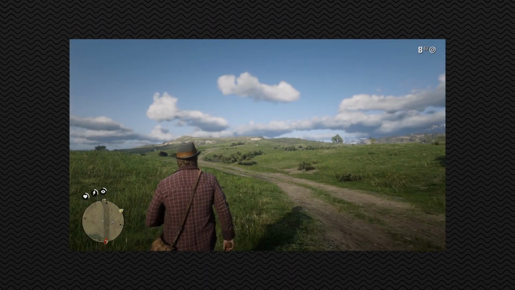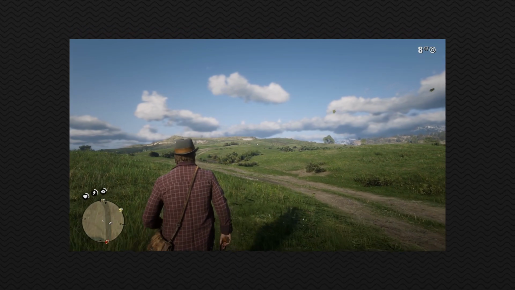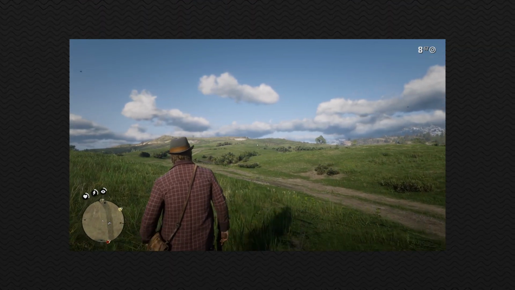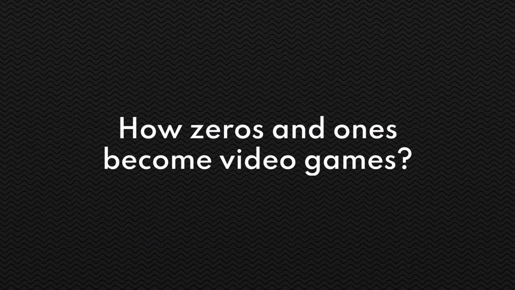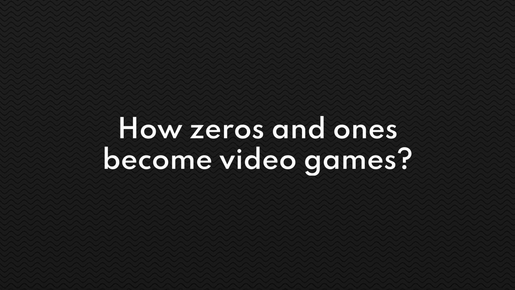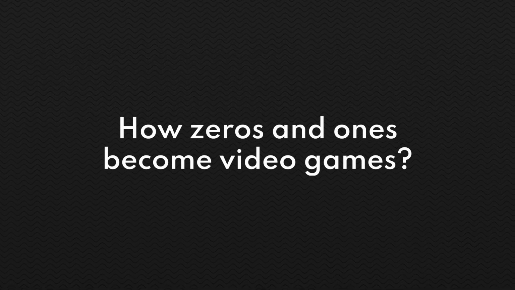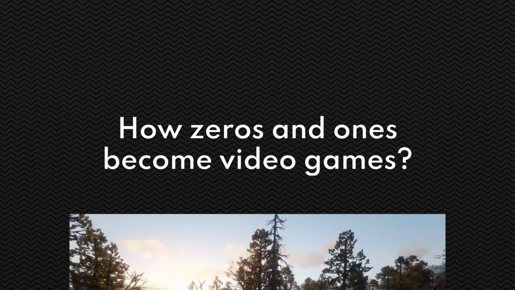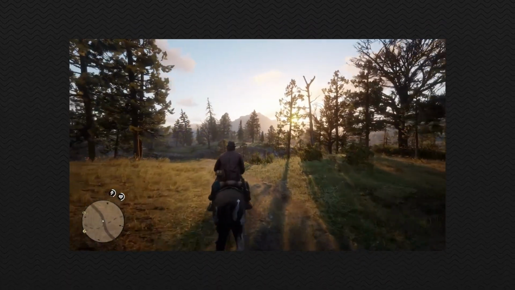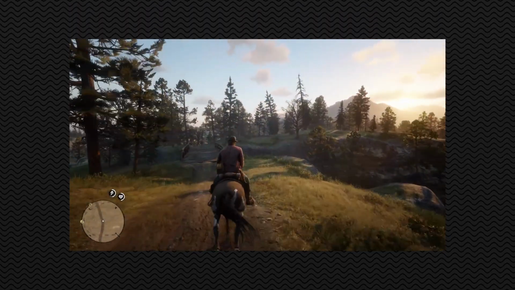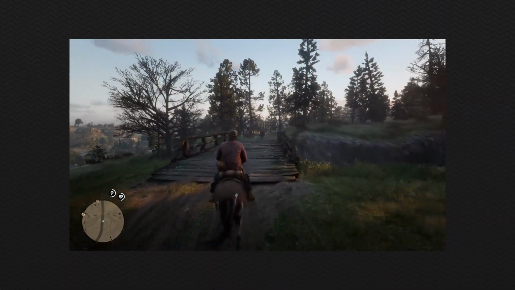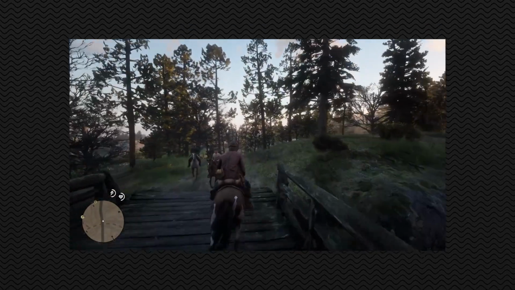When we play something and interact with the vast world of video games, it's normal to think at some point, how do zeros and ones become video games? After all, computers are essentially thinking stones that obey what we tell them to do. How did we get out of manipulating zeros and ones and get to the games we have today, with millions of polygons on the screen at the same time? How do we manage to make graphics so realistic?